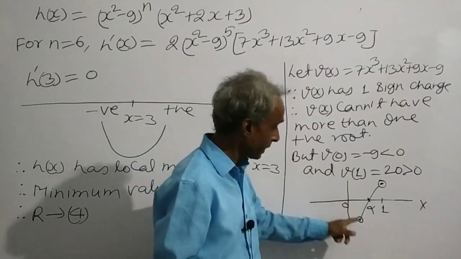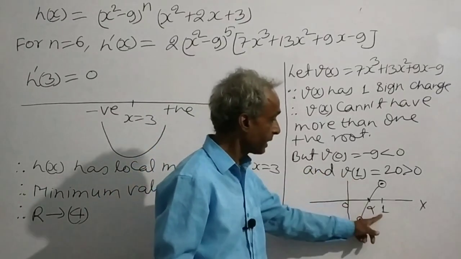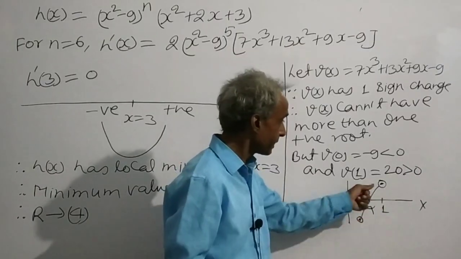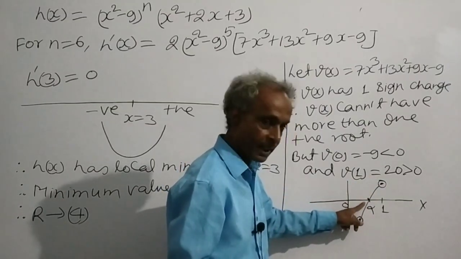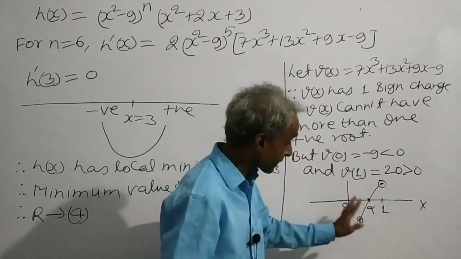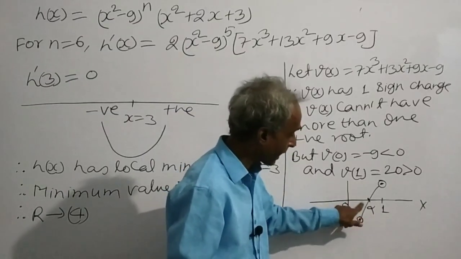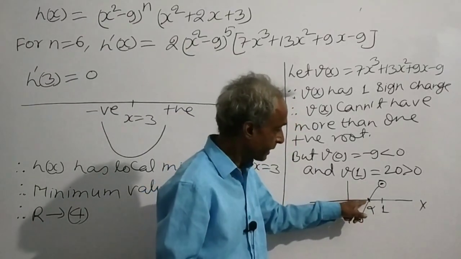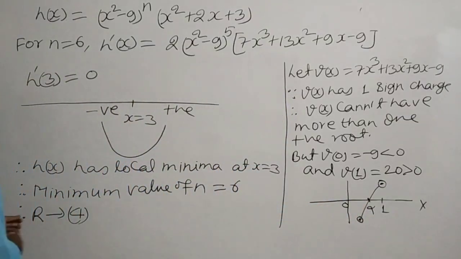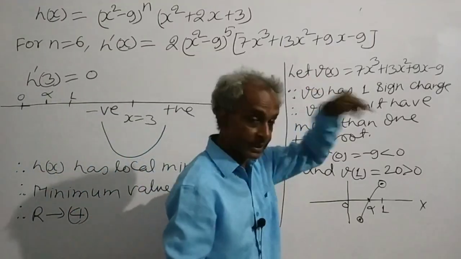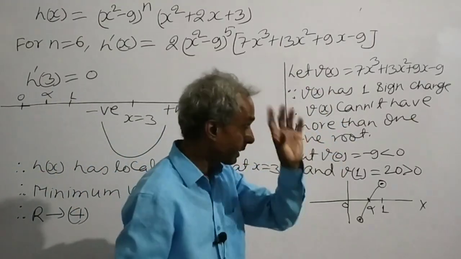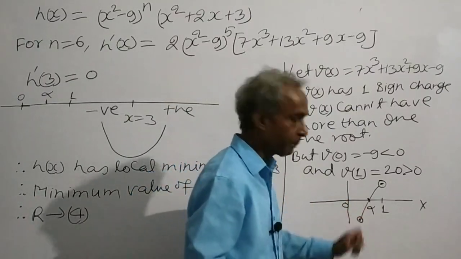But V0 is negative and V1 is positive. That means graph of y is equal to Vx must intersect x-axis at some point lying between 0 and 1. We suppose this point is alpha. Then, this is 0, this is 1, this is alpha. That means Vx is equal to 0 has exactly one positive root alpha